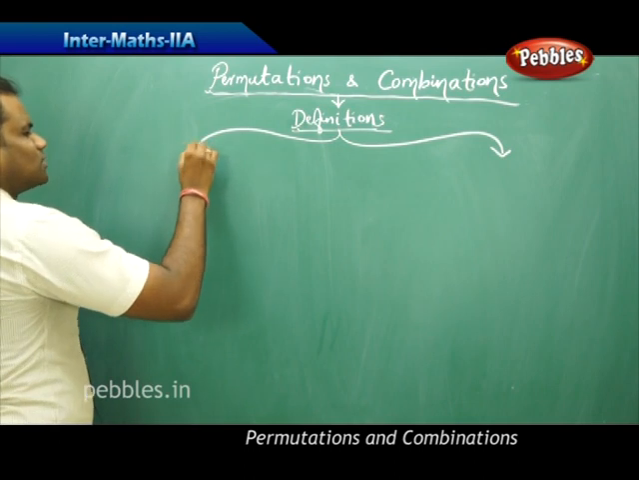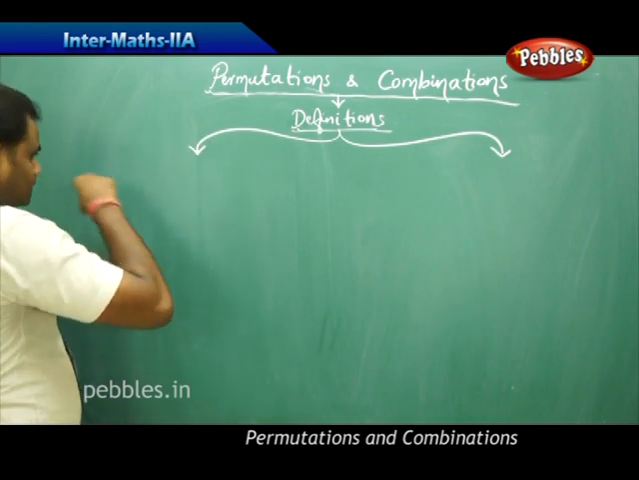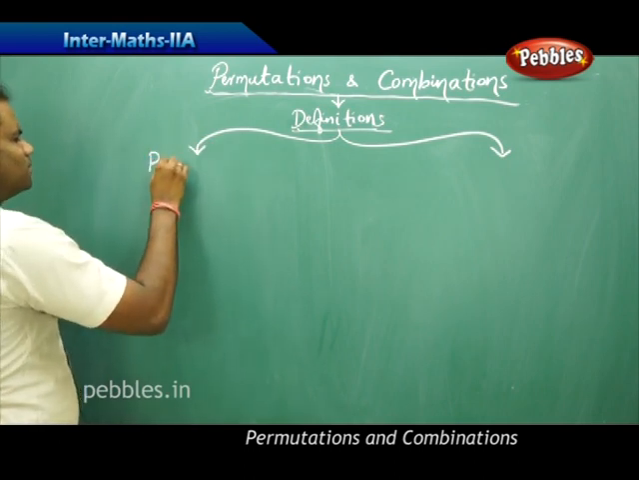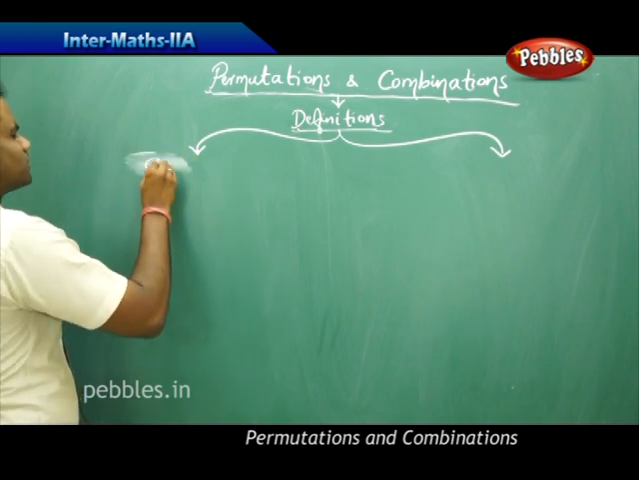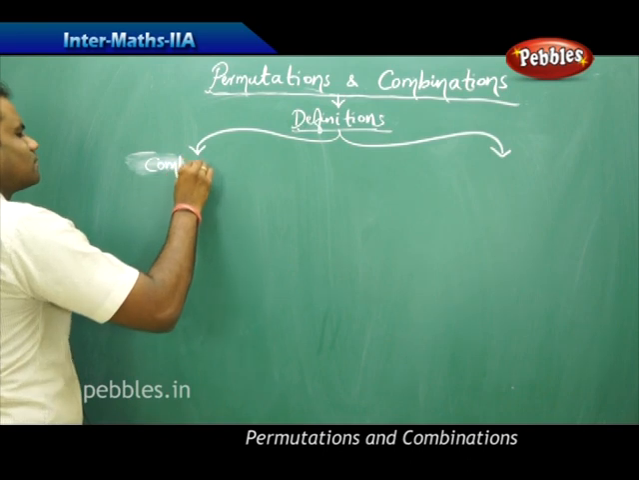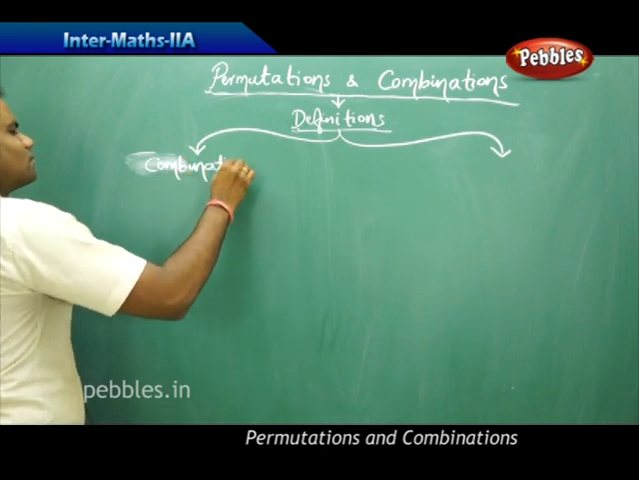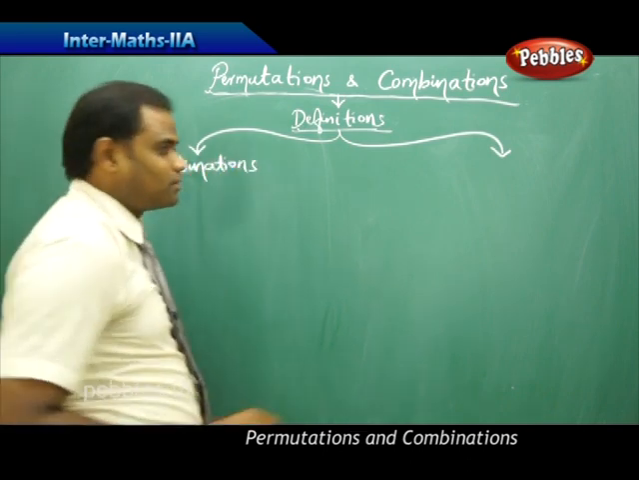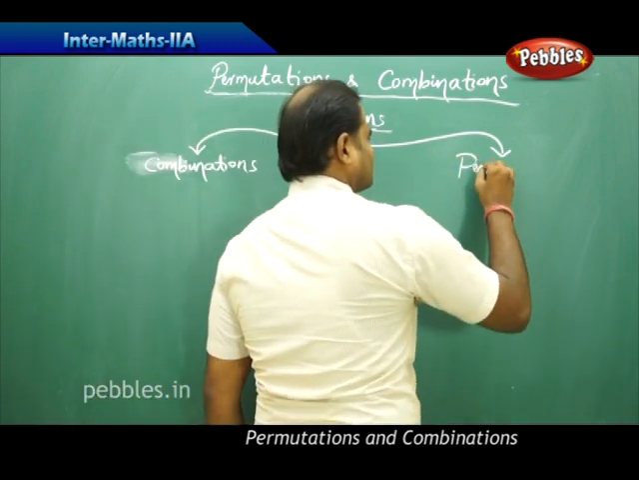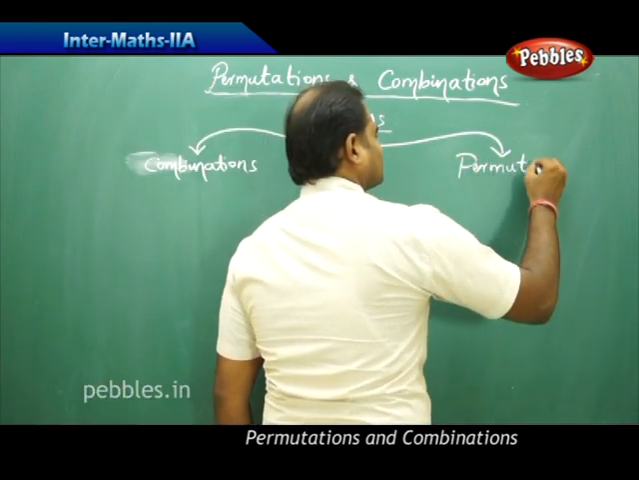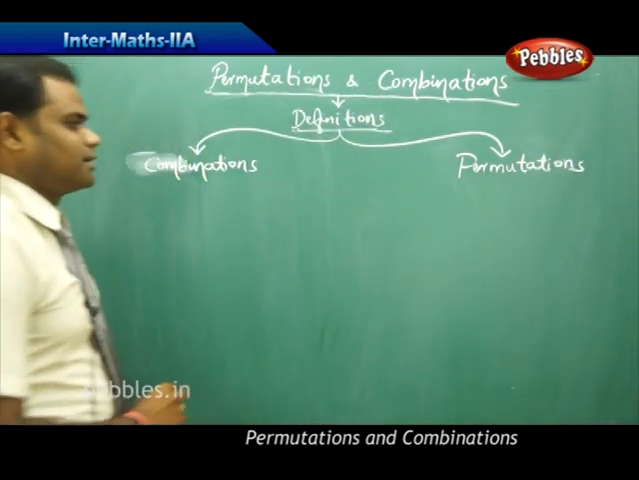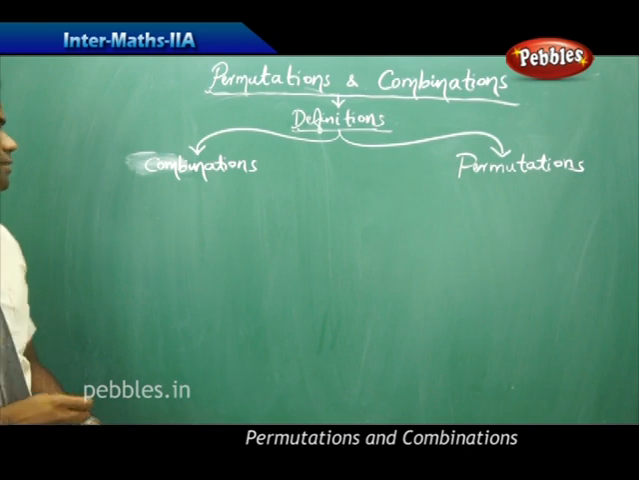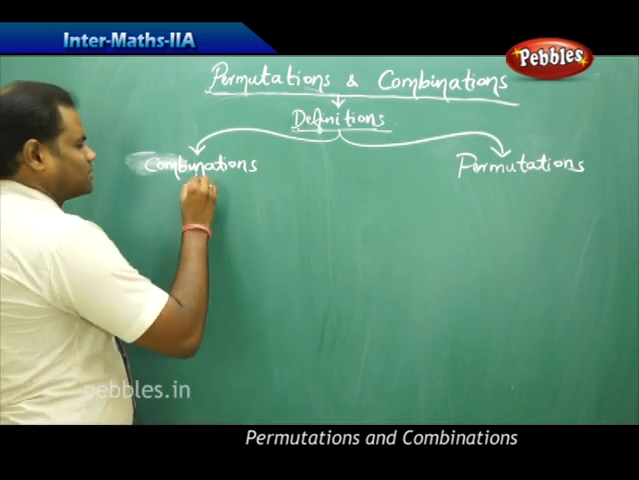Say I have 2 types of arrangements. One is permutations, one is combinations, which I'm going to take first, and next is permutations, which I take as the second definition. In this case, it is nothing but